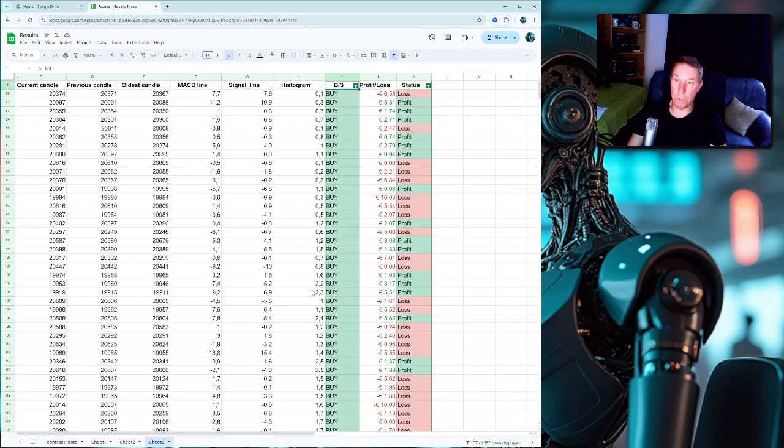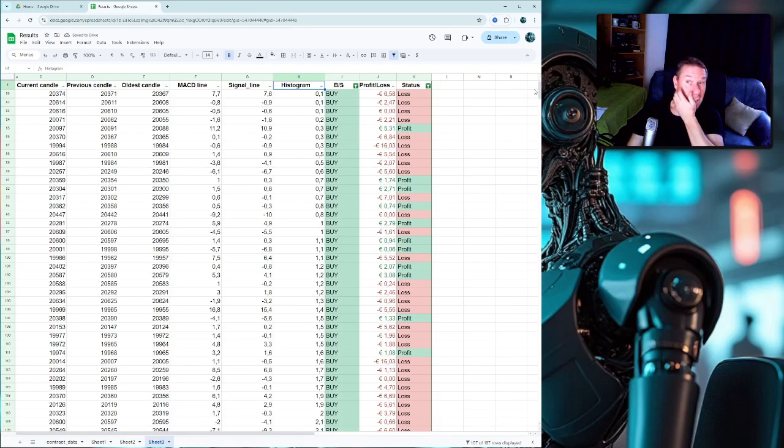And the histogram is sorted. No. Let's sort the histogram again. Sort it. Okay. Now we have only the buy section, starting with a histogram of 0.1